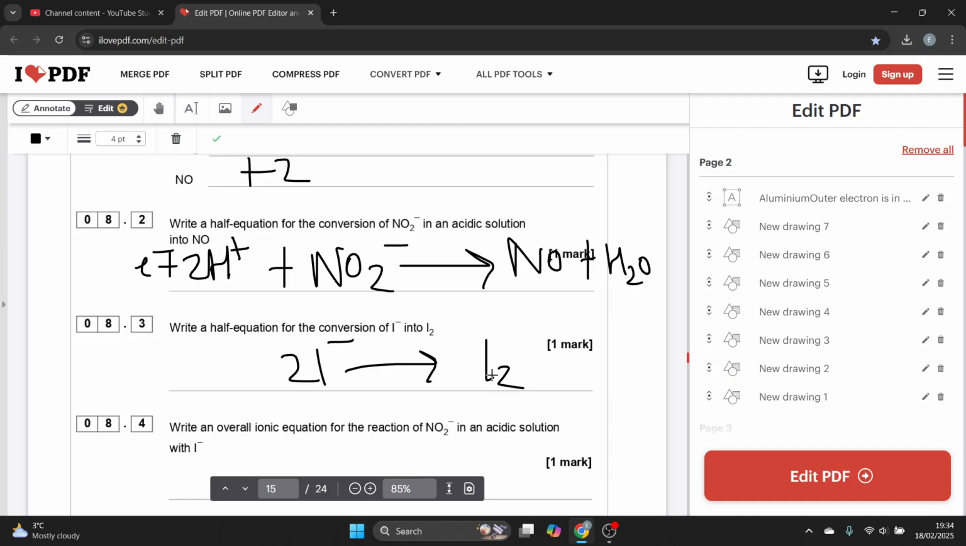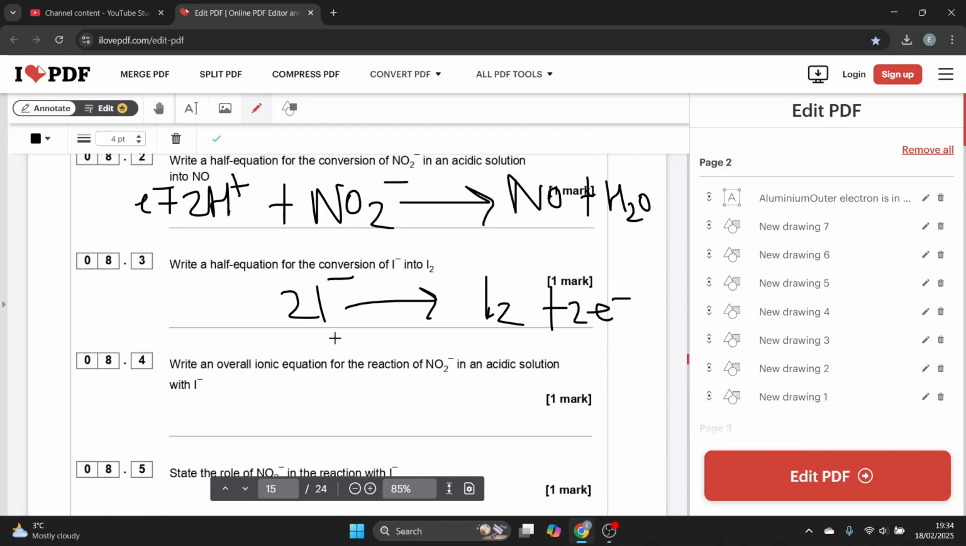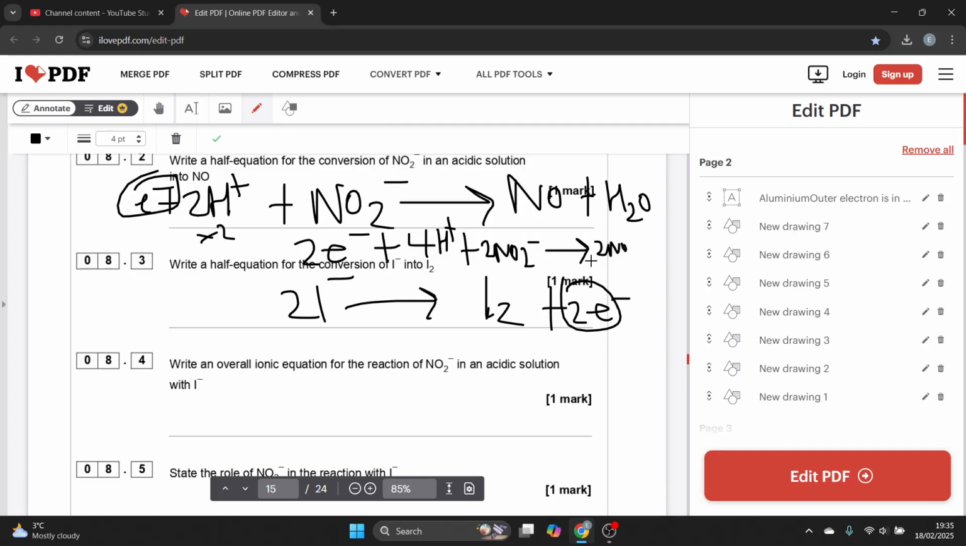I need 2 here, that's the first thing, and then I need 2 negatively charged electrons on the right side. Right, overall ionic equation. So first thing I need to do is times this first equation by 2, so we get the same number of electrons. So I get 2e minus plus 4H plus plus 2NO2 minus to form 2NO plus 2H2O. Then I add them all up together, so I can say 2I minus, because the two negatively charged electrons cancel